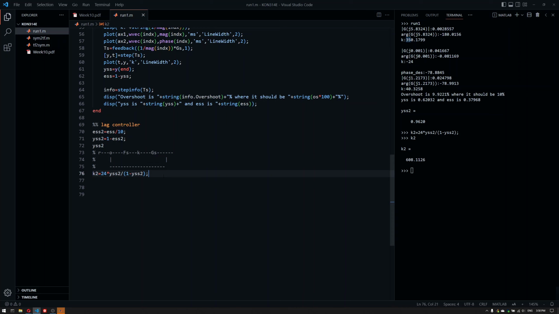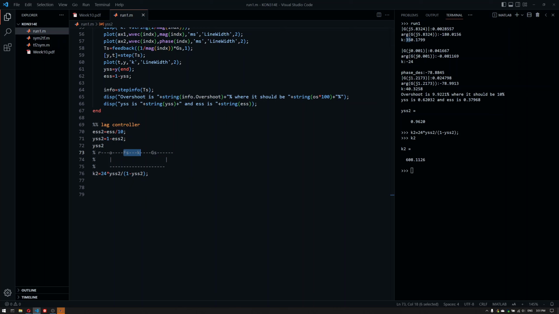Now, since this is the overall gain of our system, we didn't include this. This is going to be the gain of Fs times K. So keep that in mind. So this is the overall gain that we need here, and it's 600. So yeah, let's see. Now, what we need to do is